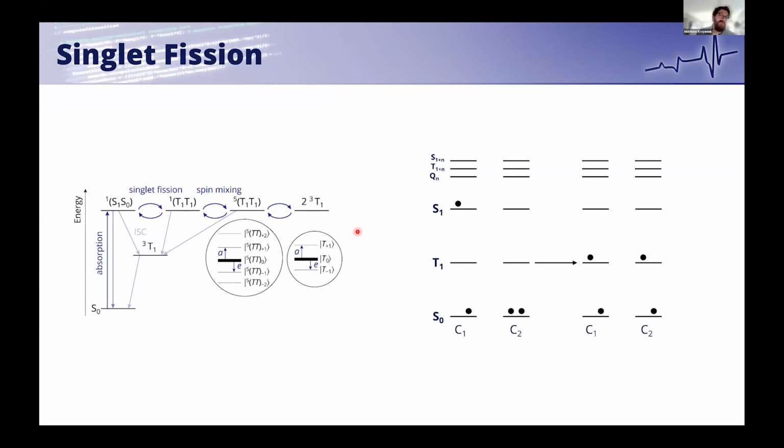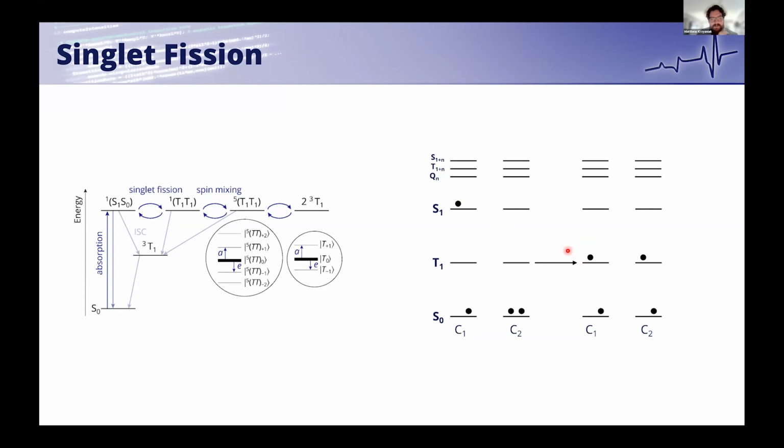For those who are not familiar with singlet fission, the basic idea is that if you've got a pair of chromophores whose triplet energy, the level of their triplet, is half that of the singlet state, such that the energy of the singlet state is equal to two triplets, under the right circumstances,